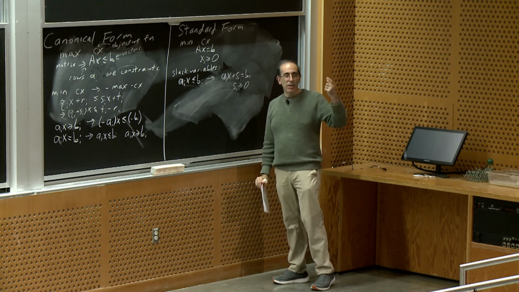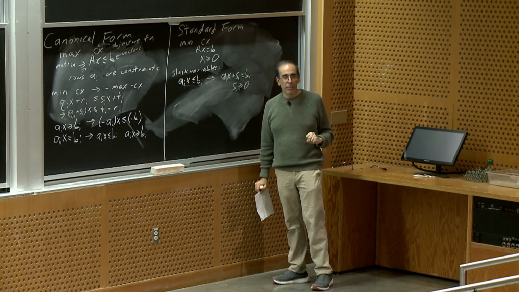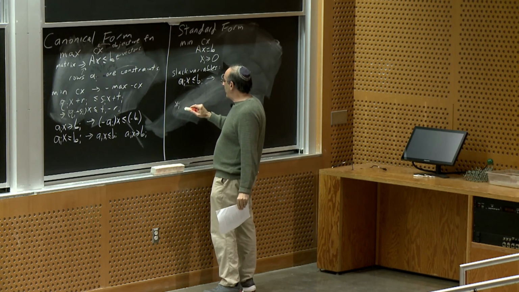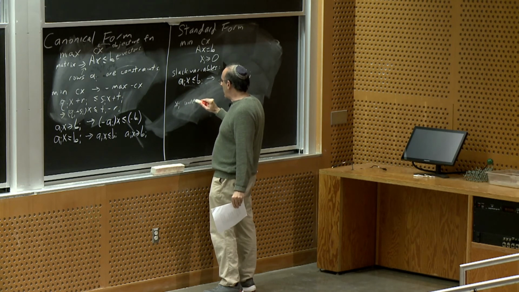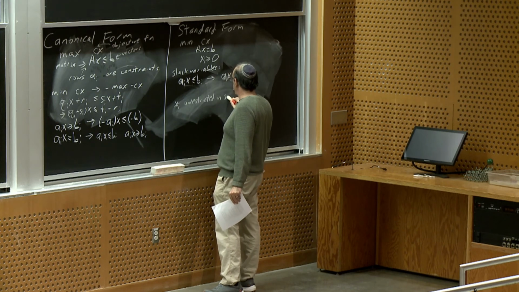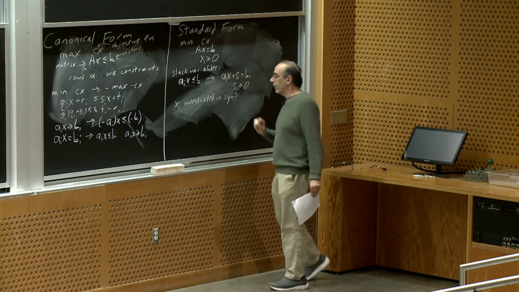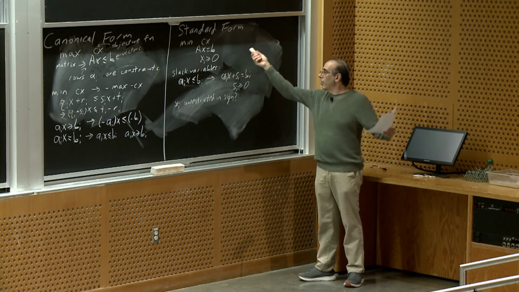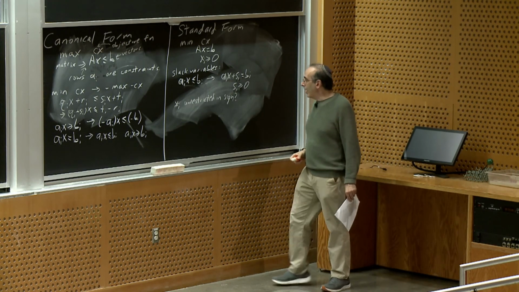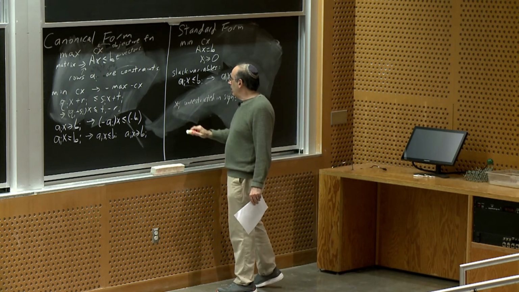Maybe some of the x's are allowed to be positive or negative, right? So what do I do if x_i is unrestricted in sign? How can I turn my linear program into standard form? Well, again, a simple trick once you think of it, I write